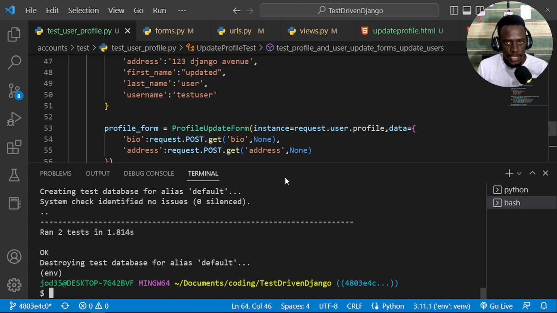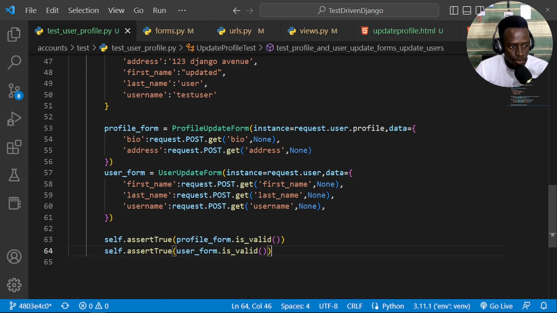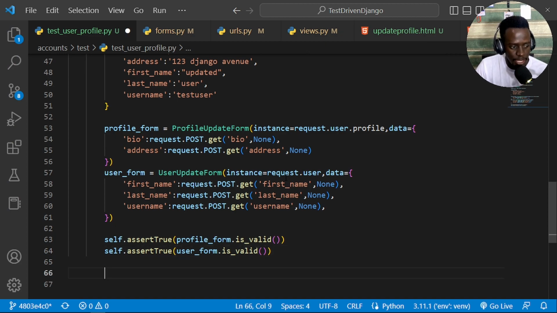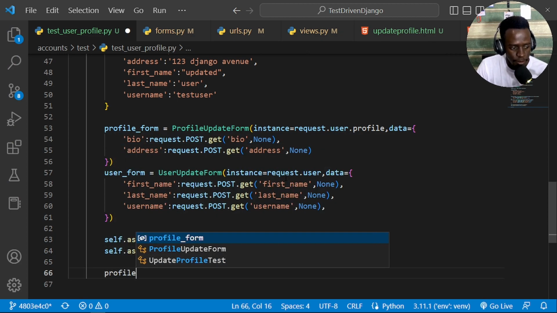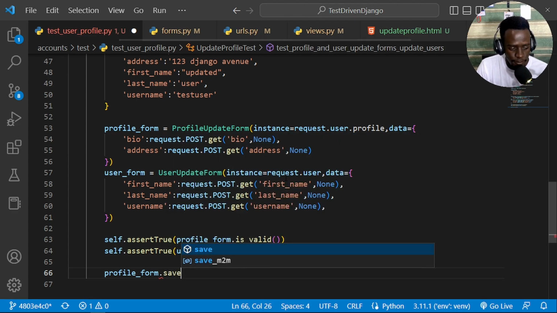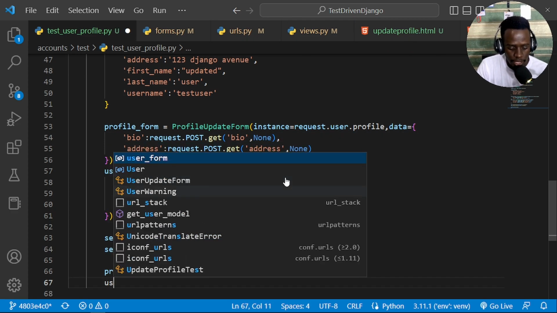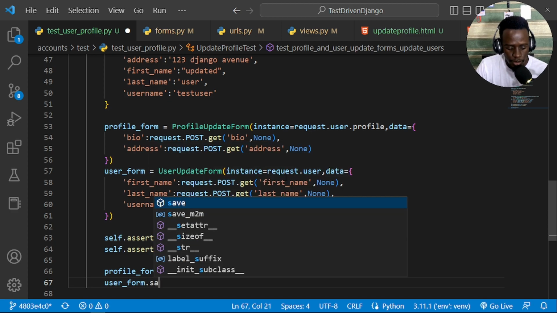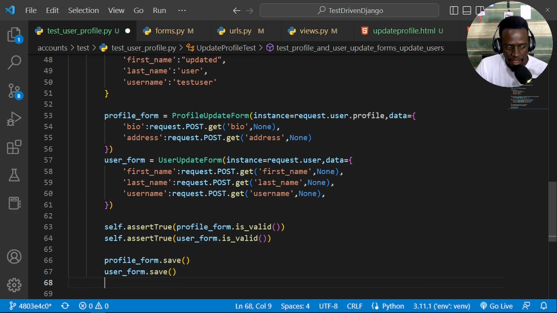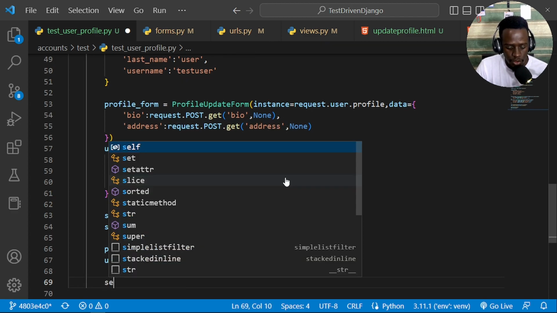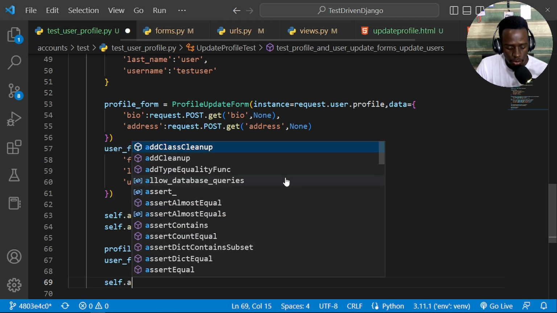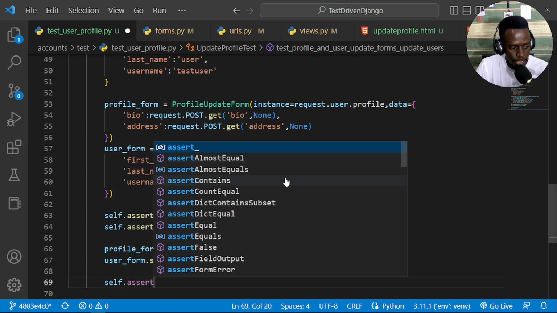Now let's check and see what will actually happen when these forms are saved. To do that, I'm going to come right here, and all I have to do is say profile_form.save, and then do the same thing for our user_form.save. Once I have that, let's go ahead and try to assert. I'll say self.assert, and in this case what I'm going to assert for is